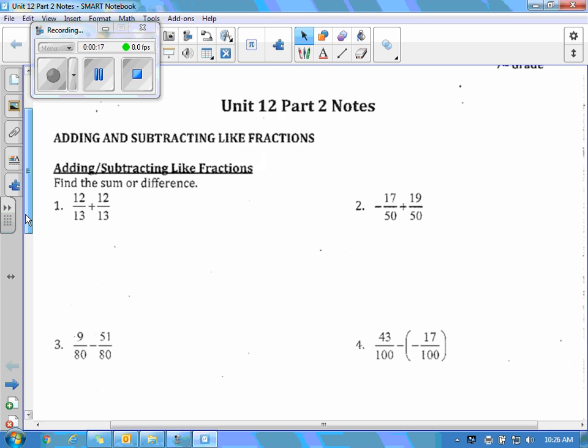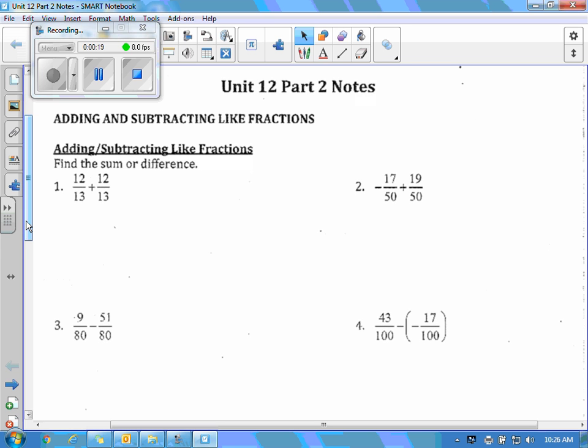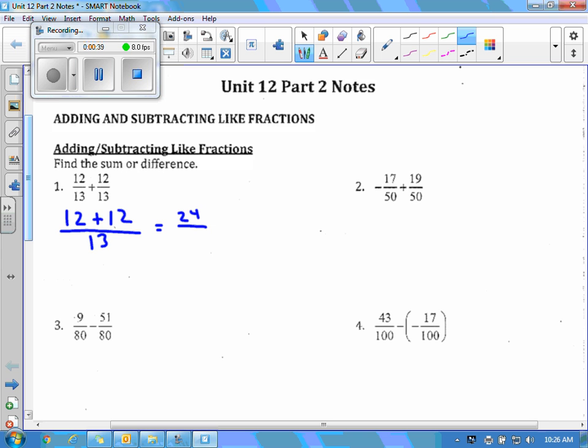So it's important to remember when we add or subtract like fractions, that means they have a common denominator. If you look at 12 over 13 plus 12 over 13, they already have a common denominator of 13. So I can just add 12 plus 12, and that's over 13. I do not add the 13 together. So that would give me 24 over 13. And then to simplify that, I'd write it 1 and 11 over